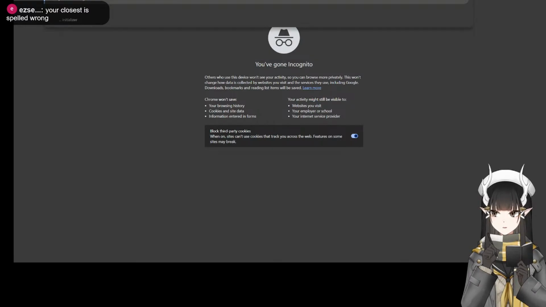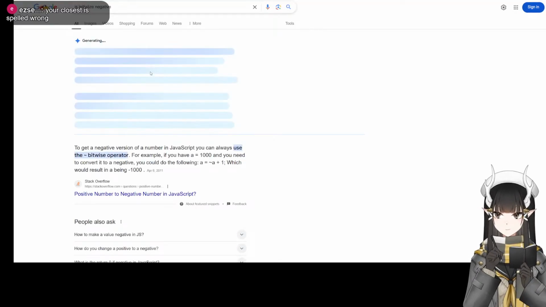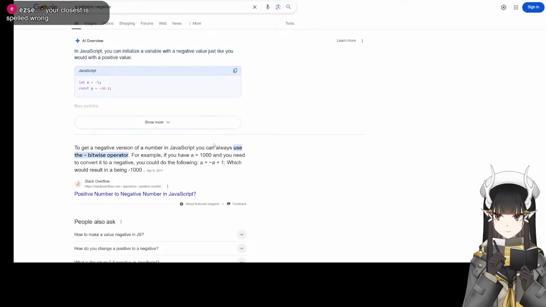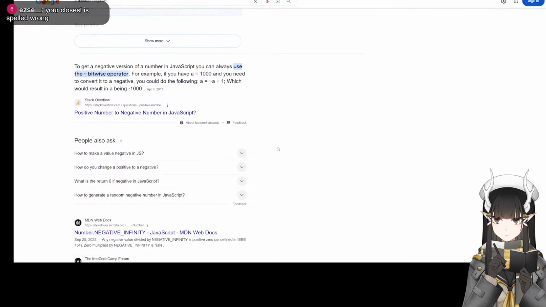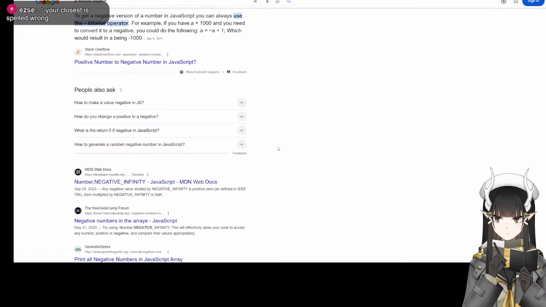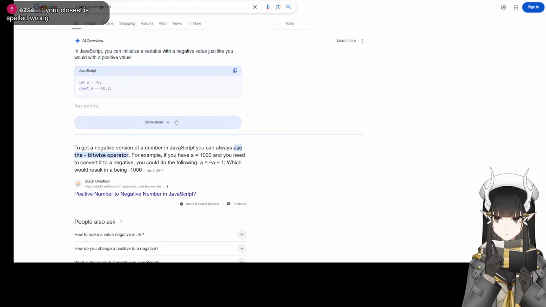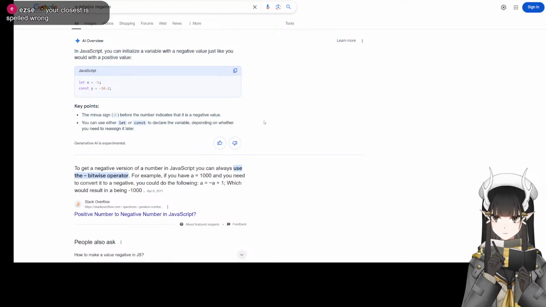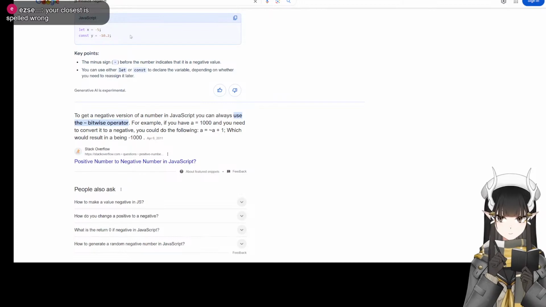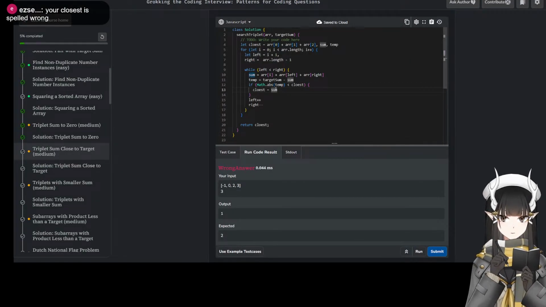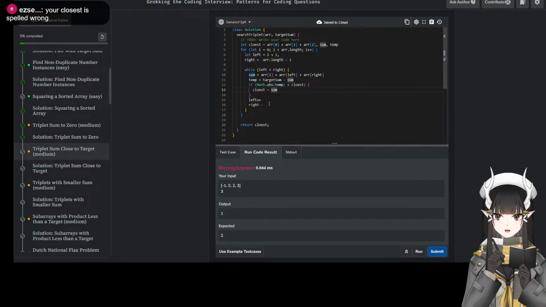JavaScript initialize negative. My closest is still wrong.